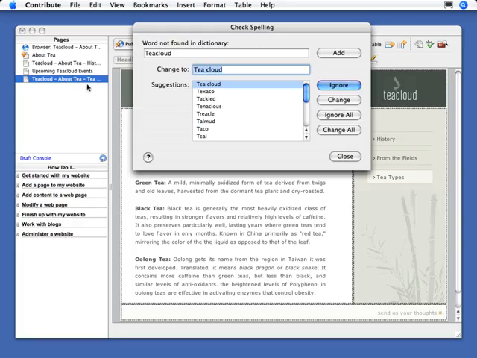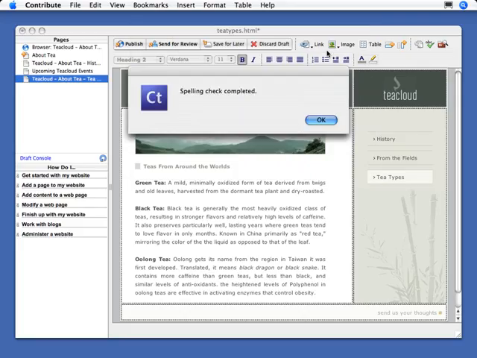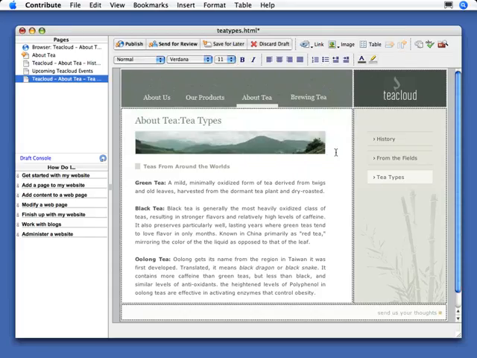Now I know this is spelled correctly, and I could choose to ignore it, but because this is the name of my company, and I don't want to have Contribute flag T-Cloud every time it comes across when I'm spell checking, I'm going to choose add, which adds the word T-Cloud to Contribute's built-in dictionary, so the next time it comes across that word, it'll know that the word is not misspelled. Contribute tells me my spell check is now complete, and I can be relatively sure that the words are properly spelled,